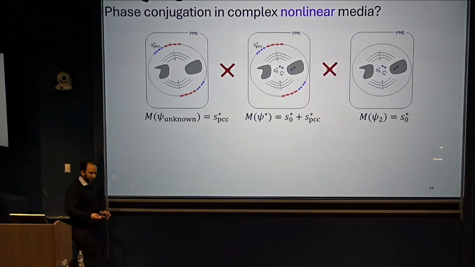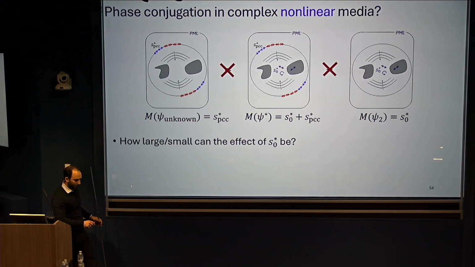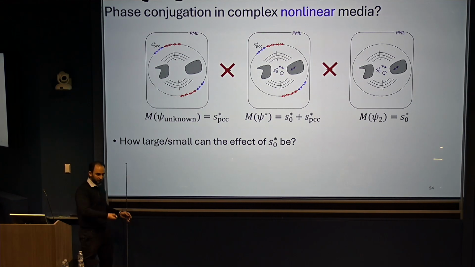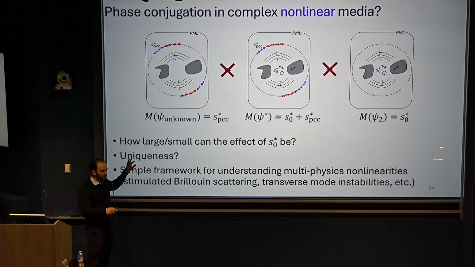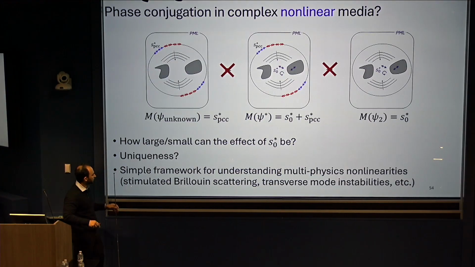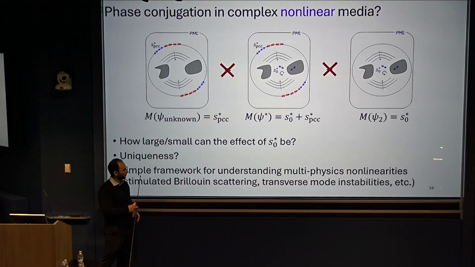And so that can give us a lot of clues in these nonlinear systems of when the change will be small, and the nonlinear case will be exactly like the linear one, and when the change might be enormous. It has to do with how much removing the interior source does. Of course, there are also issues with bistability and uniqueness that Mario has talked about very nicely in previous talks. But this gives us a nice framework for understanding multiphysics.